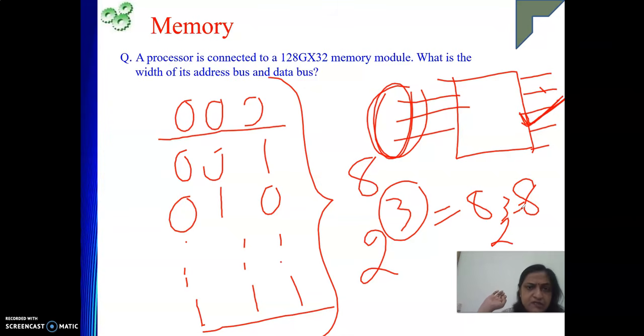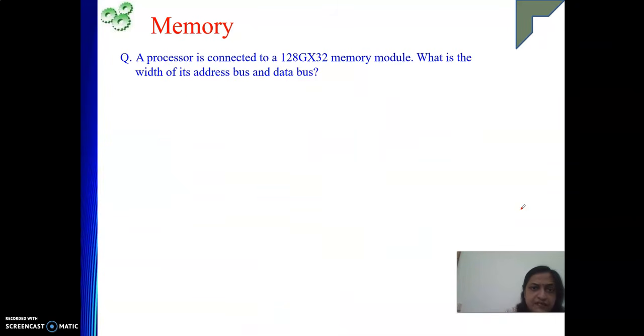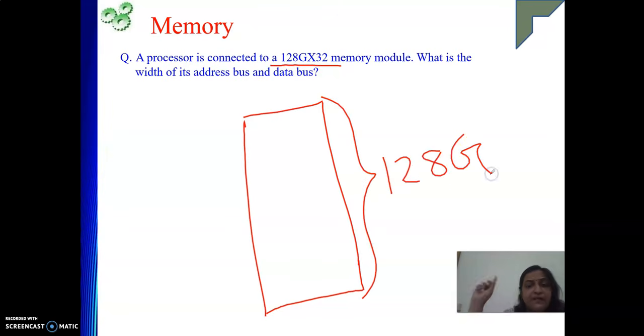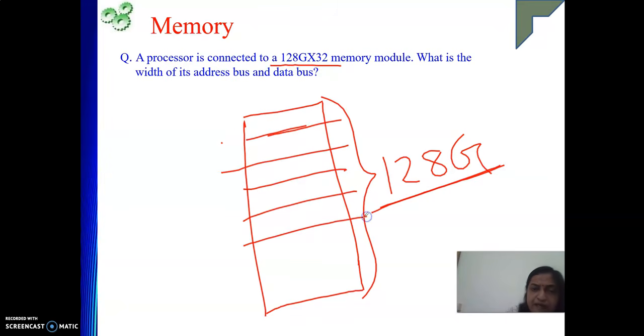Okay. If it is understood, now we'll go to the next level. See, 128G by 32. So, this says what? In your memory, how many locations are there? 128G number of locations are there. Please make an analogy with my previous example. I need to represent one location number in binary. Then what do I have to do? I need to decide the number of bits to represent the address. For that, what is the step? Express this quantity in powers of 2.